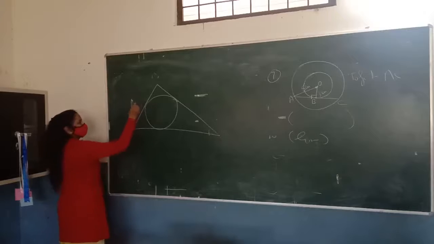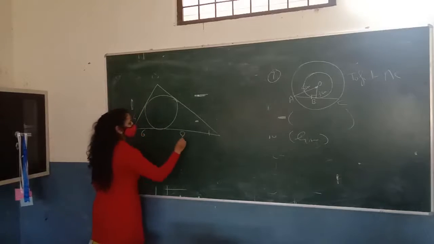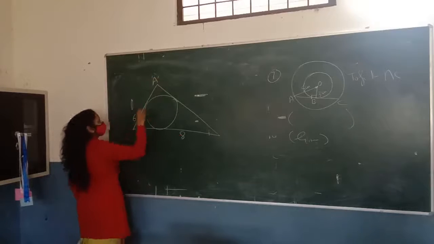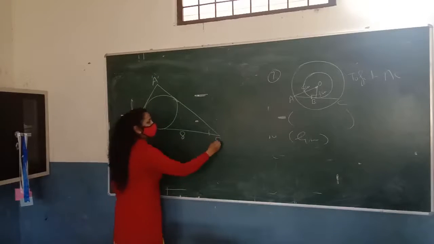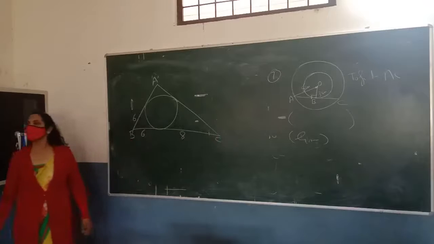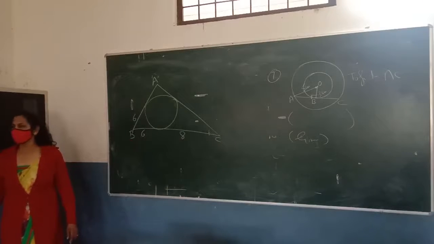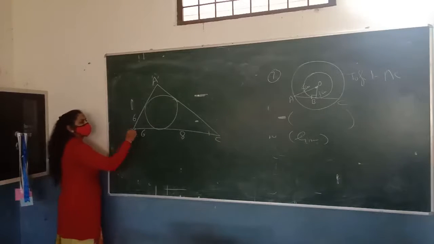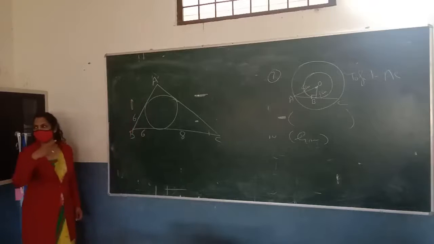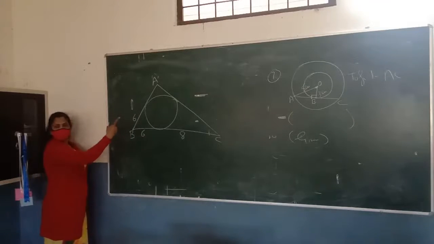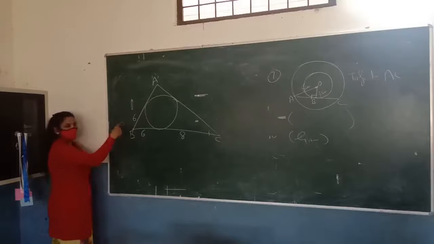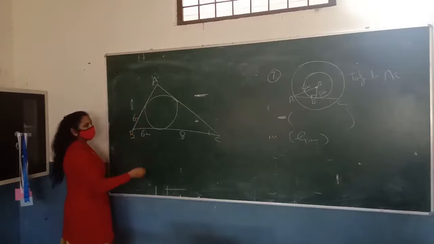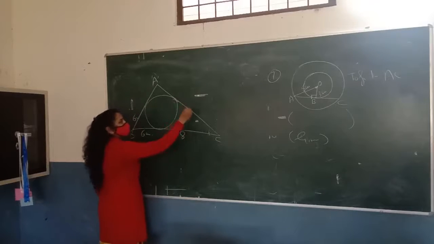Rajat, these lines are I think 6 and 8. Okay, 6 and 8. So you know the theorem, the second theorem of this chapter. Tangents are equal in length. Tangent from the external points are equal in length. So this is the external point and these are the two tangents which are drawn to the circle. So these tangents are equal in length. If it is 6, then it will also be 6 centimeter. And again from this external point, these tangents are equal, 8 and 8 centimeter.